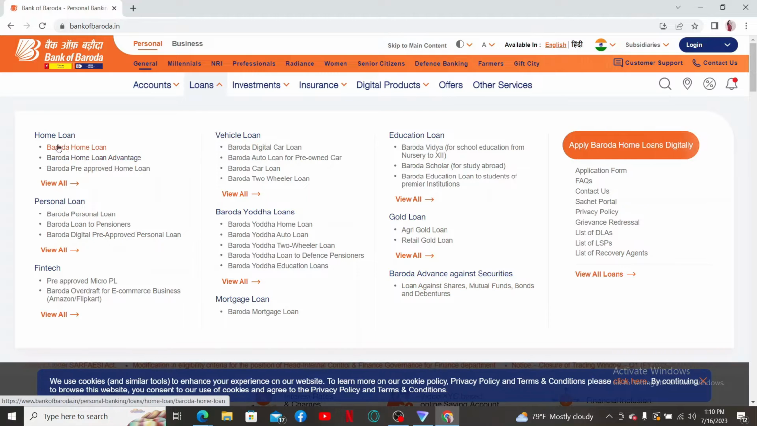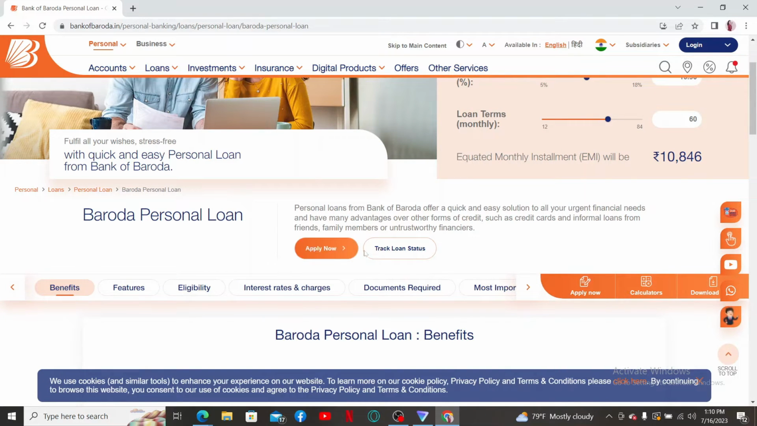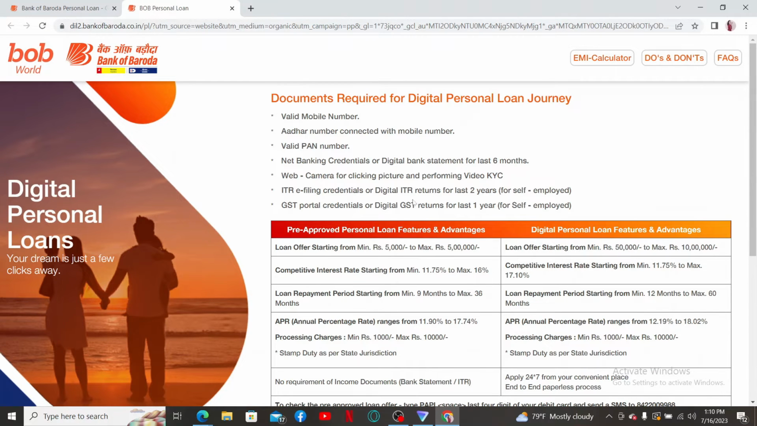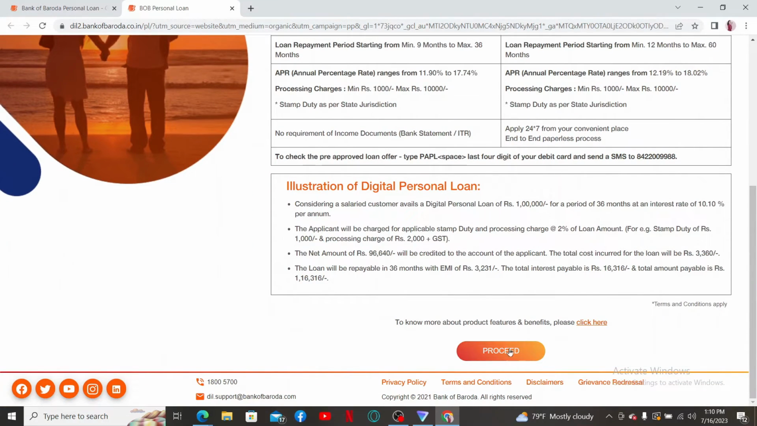You can select between home loan, personal loan, vehicle loan, education loan, gold loan, and so on. Select the type of loan you'd like to apply for and give it a click. Now, you'll be able to find the Apply Now button. Right after you do that, click on the Apply button and then you'll be able to see the documents required for the loan application. Go ahead and go through the information first and then click on the Proceed button at